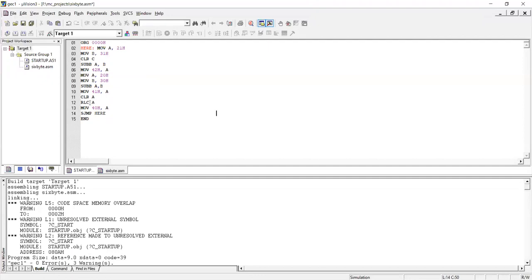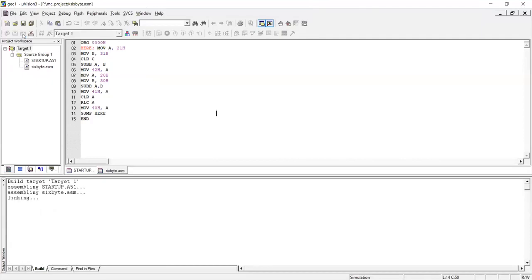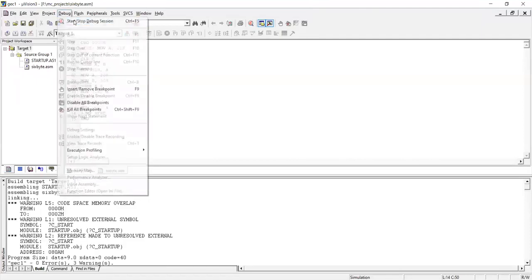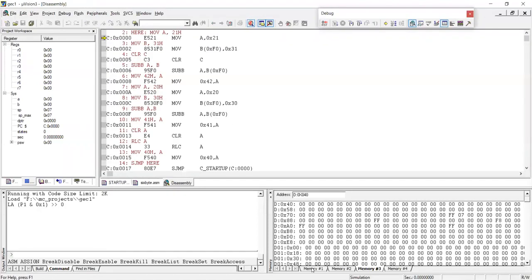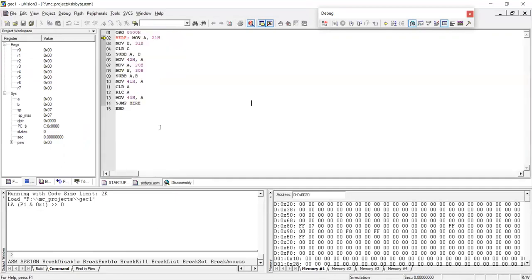Now, how do you do this? Since we made the changes, run this program again. The first 16-bit number I will store in 20H and 21H.